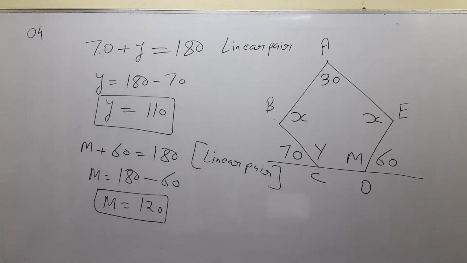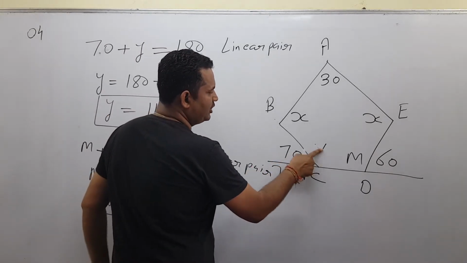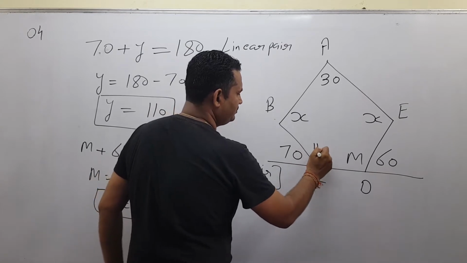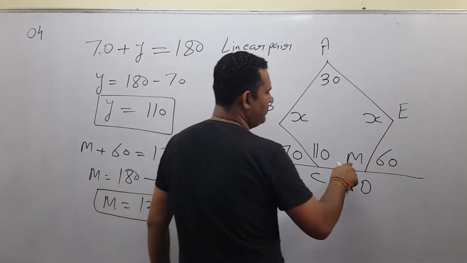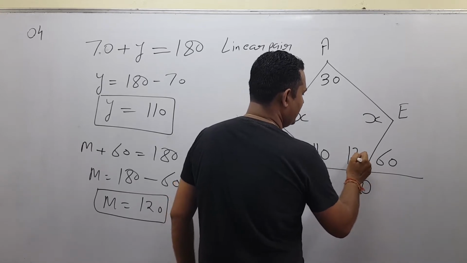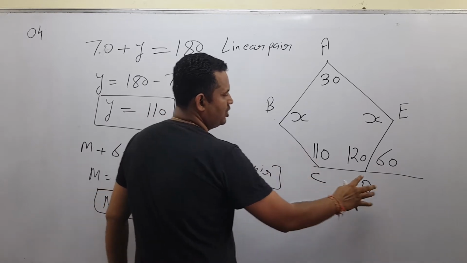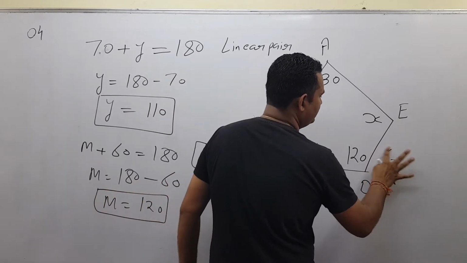तो देखो बच्चे, आपके y का आंसर आ गया और आपके m का आंसर आ गया ना. ठीक है, गुड. अब आप क्या करिए, ये जो y है ना यहां पे लिख दो 110 और ये जो m है ना यहां लिख दो 120. गॉट इट? क्योंकि इनका आंसर आ चुका है. अब थोड़ी देर के लिए इसको भूल जाओ. ये 70 का अब कोई काम नहीं है और ये 60 का भी अब कोई काम नहीं, इसको भूल जाओ.